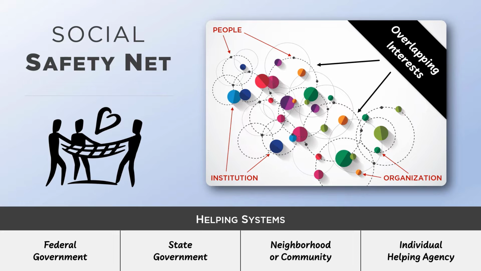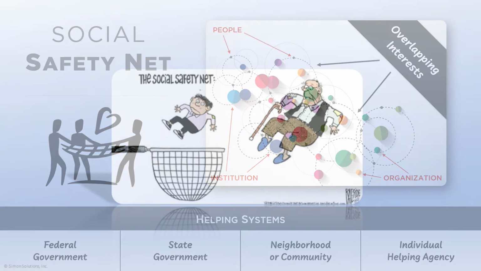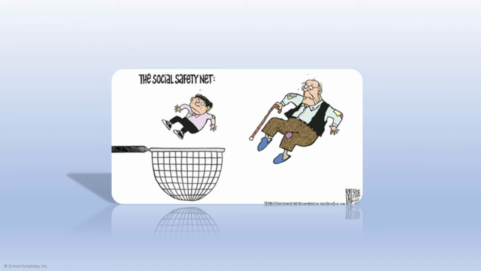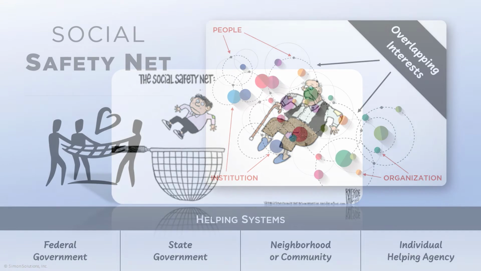With so many diverse helping agencies, empowered by so many different helping systems, you would think that helping others throughout a community would be very effective. Well, the answer to this can be yes, but only if there are no wide gaping holes in the community's social safety net. Unfortunately, we have discovered that most community social safety nets across the country need lots of repair to make them strong and effective.